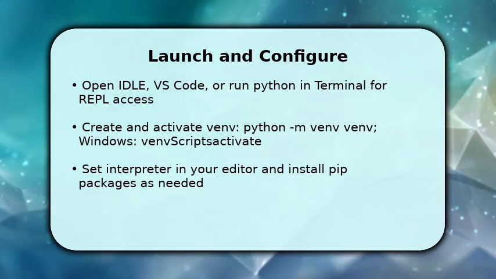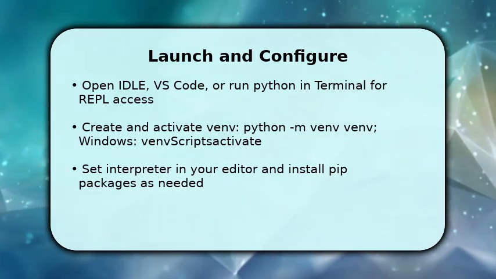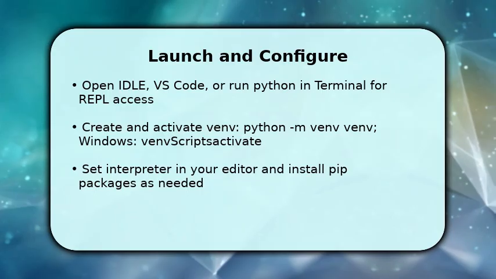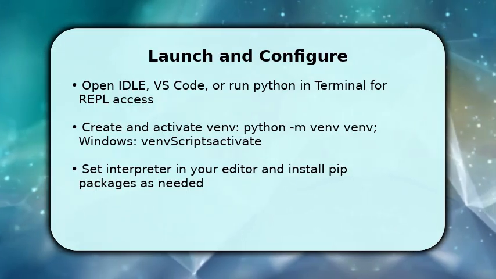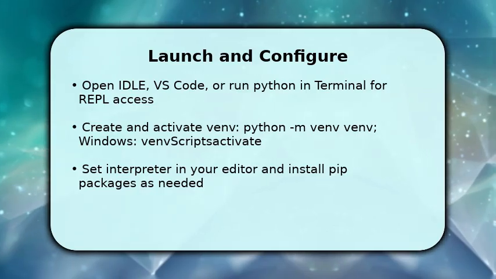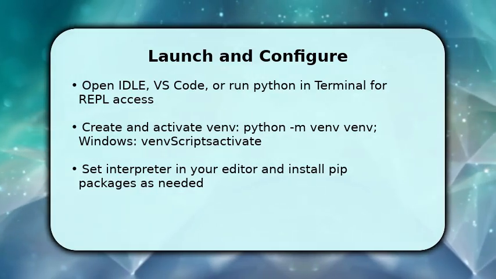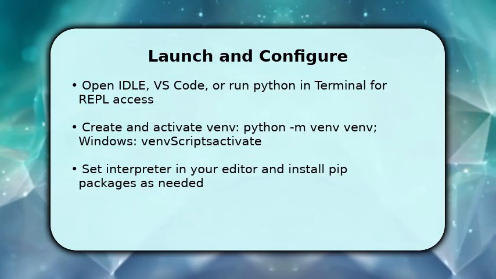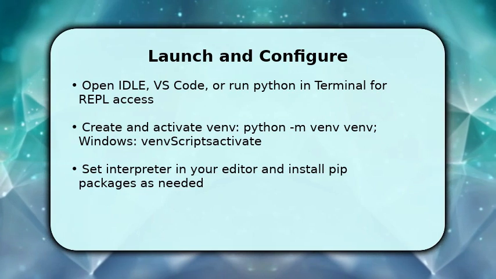To isolate a project, run python -m venv, then activate it: venv\Scripts\activate on Windows or source venv/bin/activate on macOS/Linux. Make sure pip installs go into that environment, so finish by running scripts and resolving common